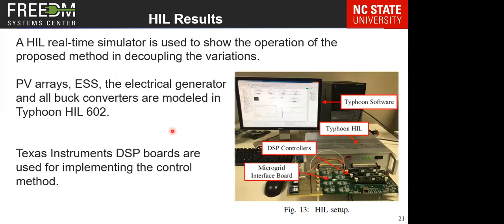Then we applied the idea and the control algorithm onto the hardware in the loop setup. This is the hardware in the loop setup shown here. We have the Typhoon hardware in the loop system here. This is Typhoon 602, which is the newest version of Typhoon that we have in the lab. This hardware in the loop device is responsible for simulating all the bulky items of the system. The PV arrays, all the energy storage systems, the electrical generator, and all buck converters are modeled inside the